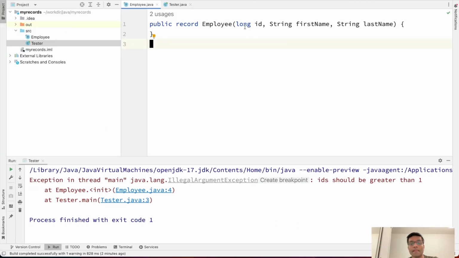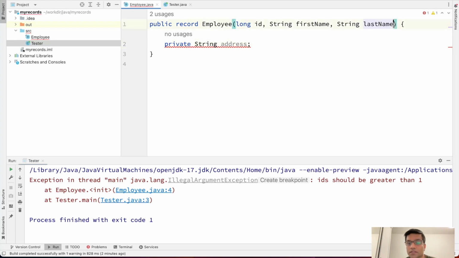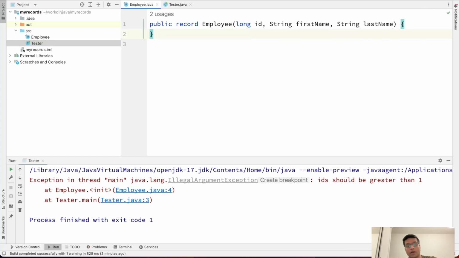What I said is, suppose these are the fields I have in the state description. Now I want to secretly add an internal field. Let's say private String address. This is not allowed because it is not appearing in the state description, and hence you cannot have a field like that and do anything with it. Okay, so that is the whole idea. So if you are planning to create a record, you should have all the fields right here in the state